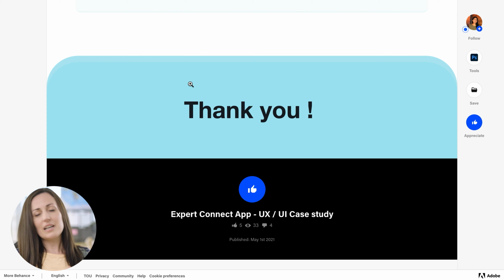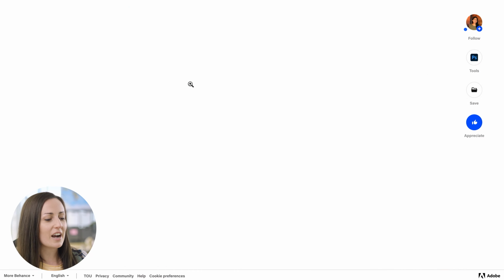So this is the end of this portfolio, or this particular project or case study. And the key highlights for me would be similar to the last one, that the layout and organization of your portfolio is really important. It doesn't have to be pixel perfect, beautiful designs. It can help if you're going for, for example, a UI or a graphic design job, but it really needs to be super clear and easy to read, so it doesn't feel like there's any work involved in trying to get the information about you and about your work out of the portfolio. So that's my biggest key takeaway and key highlight with this one.